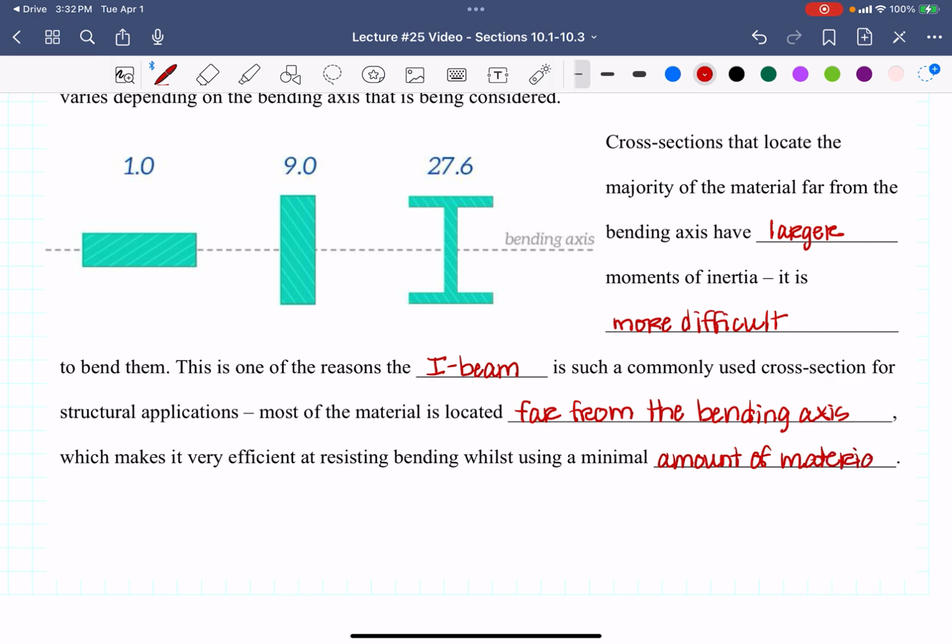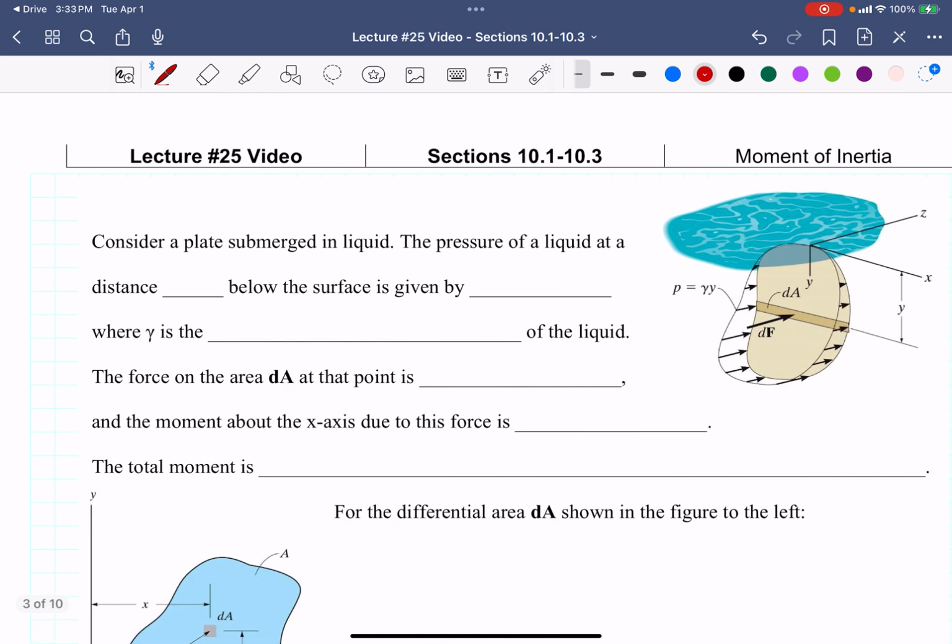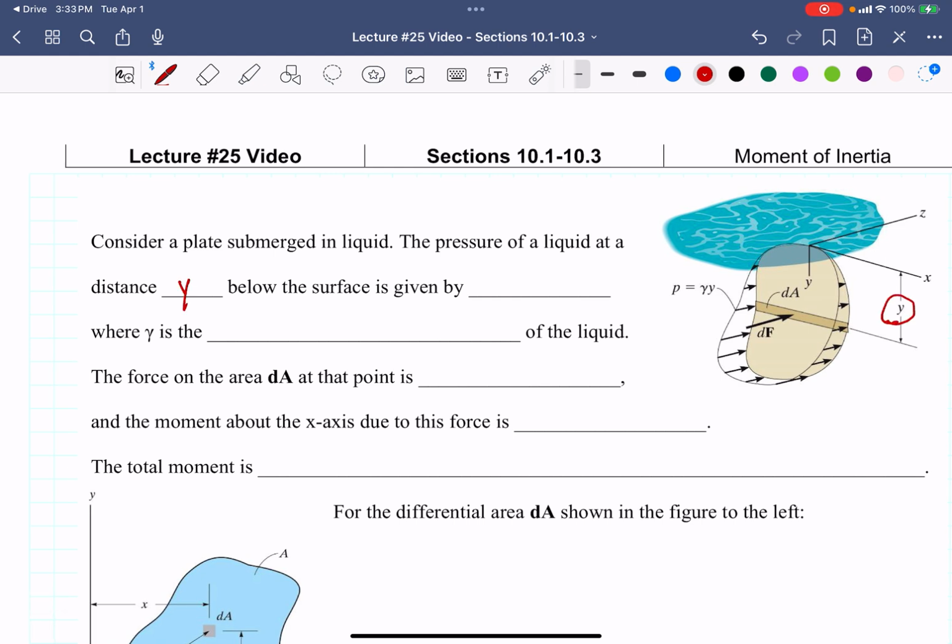All right, so let's figure out how we're going to calculate this. So in this example to the right, you can see a plate that is submerged in liquid. So the pressure of the liquid at a distance y, you can see it's shown over here, y below the surface is given by gamma times the distance y. P equals gamma y, where gamma is the specific weight